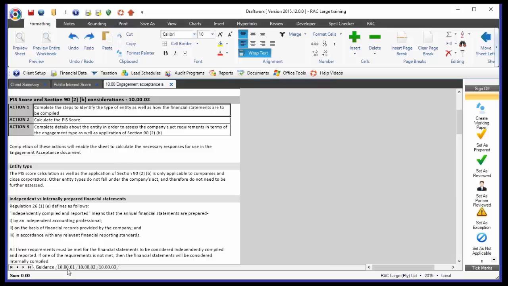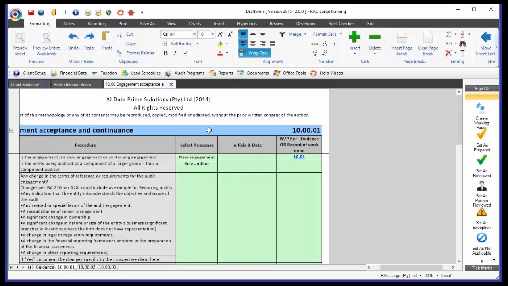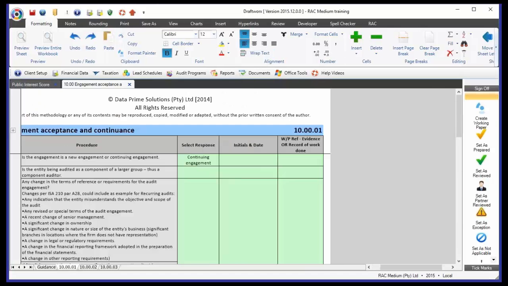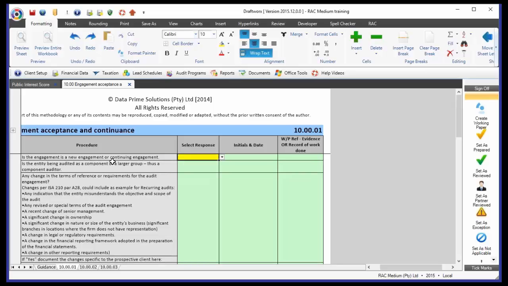Then if we go into the first sheet, I just want to switch over to my Medium client and we can go and have a look at this sheet. Now, the first question here is asking about whether this is a new or continuing engagement. I just want to delete the answer in there quickly so that you can have a look, and I want to cover what colors mean within Draftworx. So you will see initially